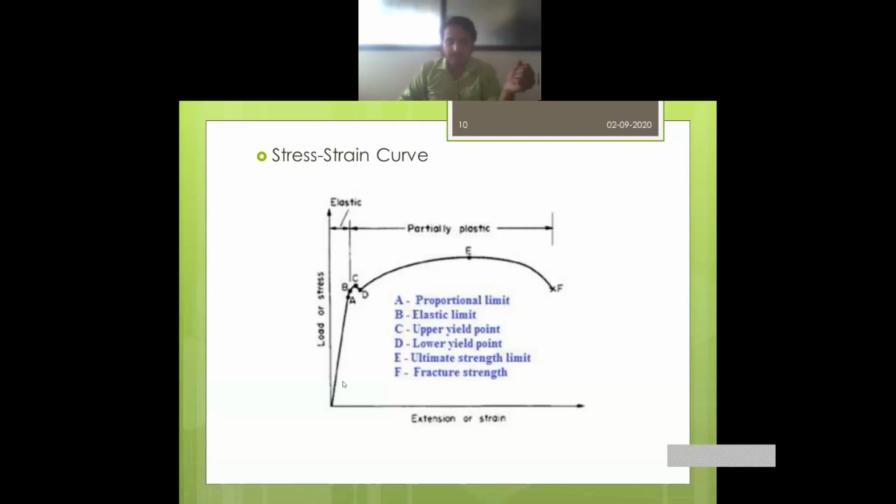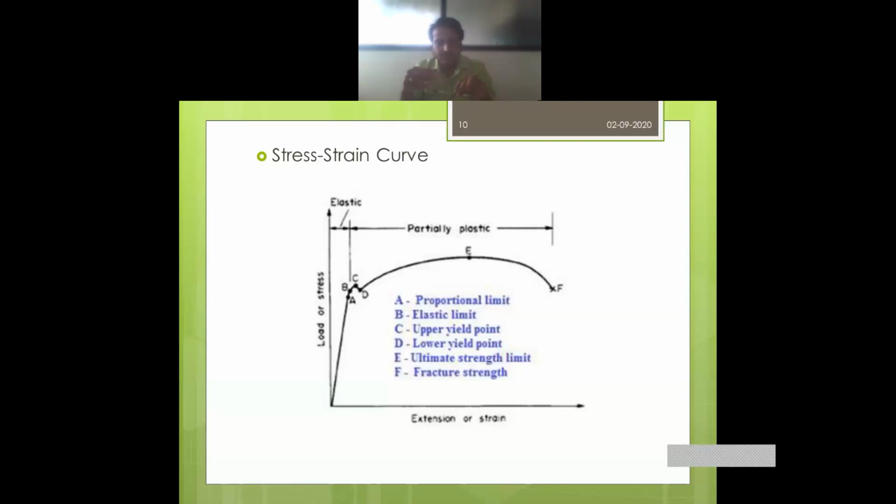In a tensile test, whenever a member is pulled, it is going to get stretched. So it is under tension. Whenever a member is stretching, that is, getting longer, then that member is in tension. Whenever a member is getting compressed or the dimension of the member is getting less, that member will be in compression.